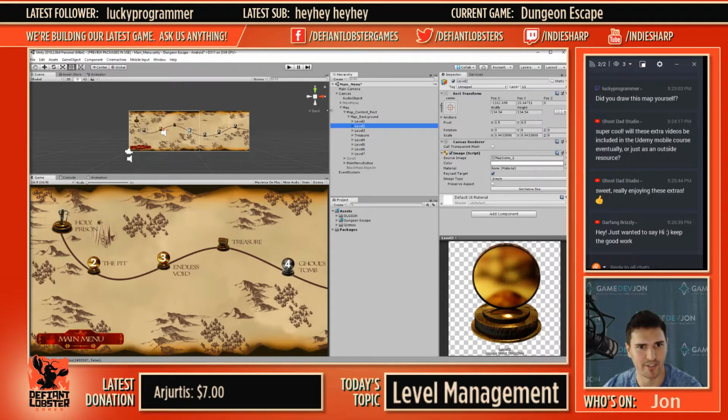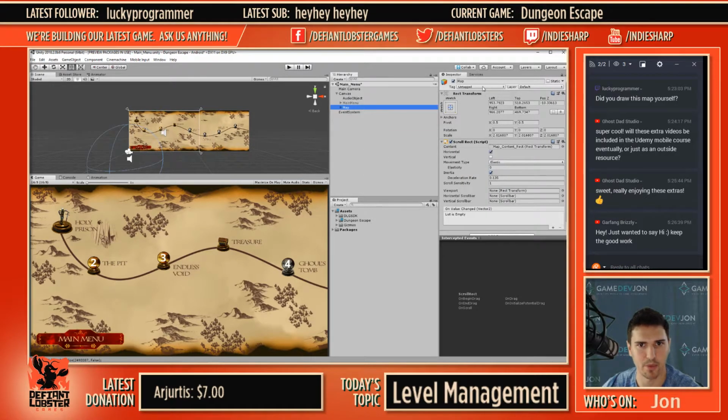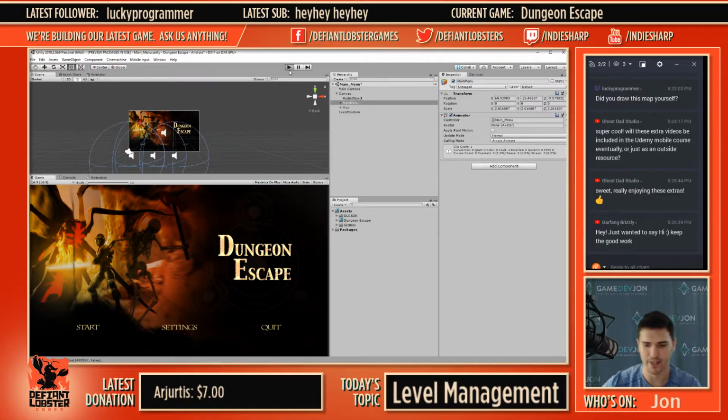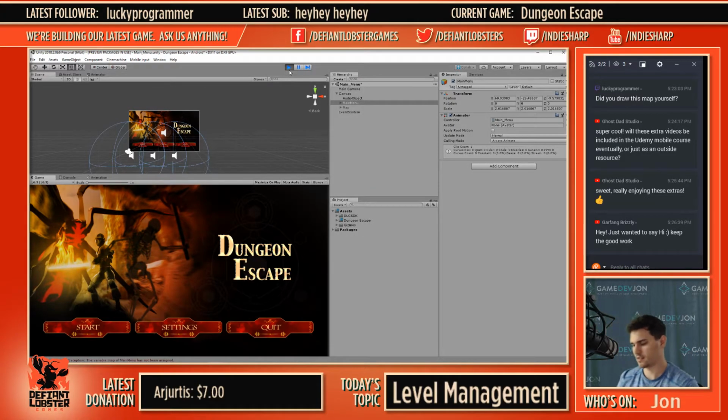All right, so let's go ahead here and check this out. Let's run it and make sure everything is okay. I'm going to disable the map here because we start off in our main menu. And then one thing I do want to do is test this on the mobile device